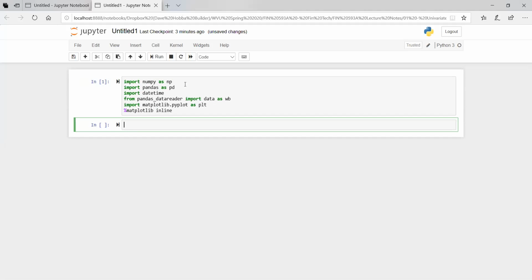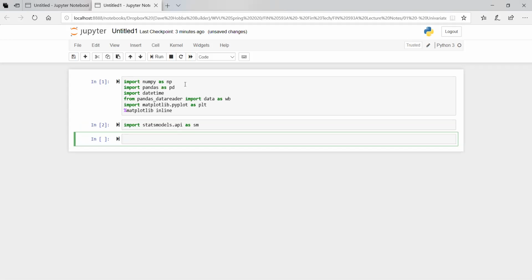And first we'll need, let's go ahead and do statsmodels. So let's import statsmodels.api as sm. So now we can do regressions. And then for